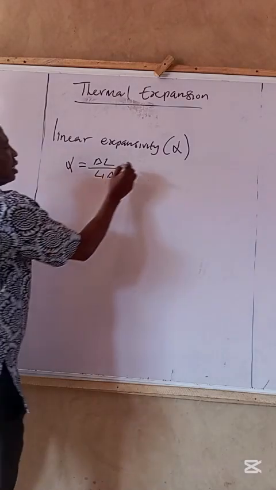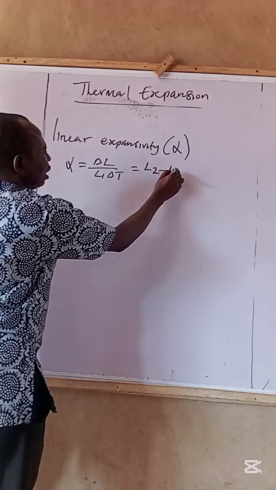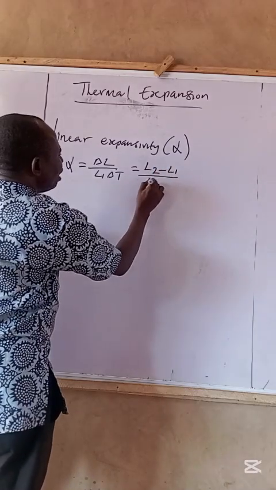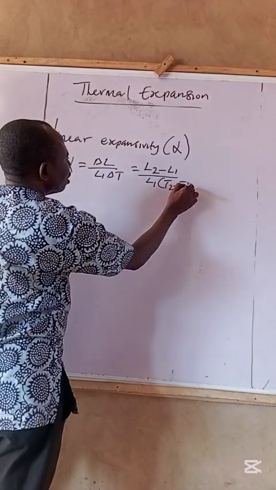And this is equal to L2 minus L1 over L1 times T2 minus T1. What that means is that